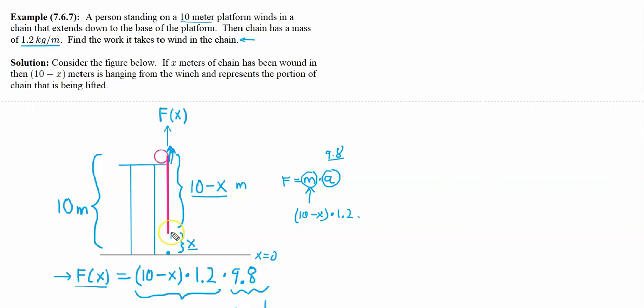Then when you've wound the chain all the way in, x is going to equal 10. So then the total amount of work is simply going to be the integral of your force function from 0 to 10. And our force function is given by this right here, and so that is going to be